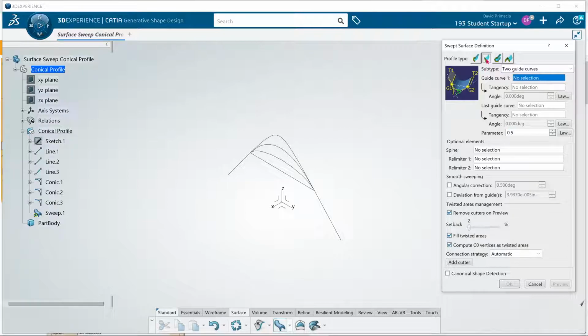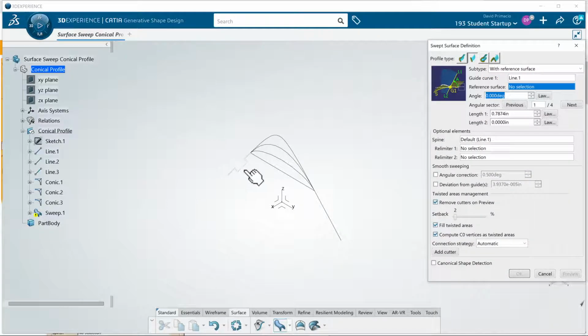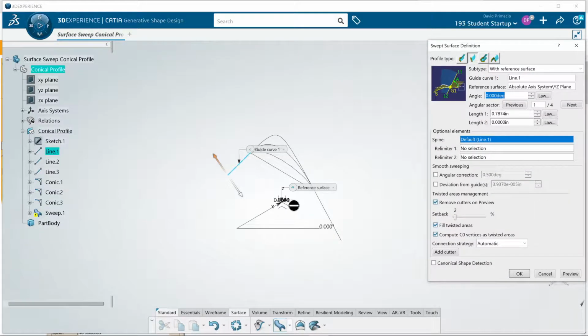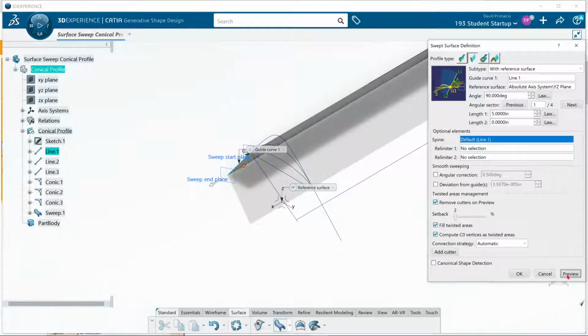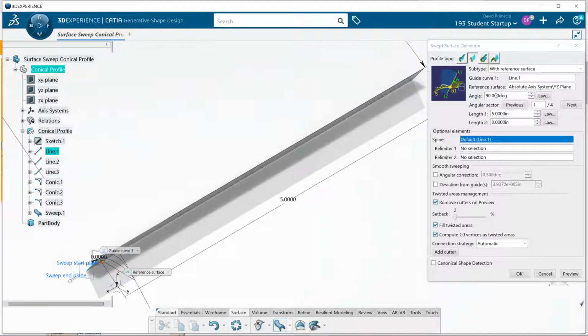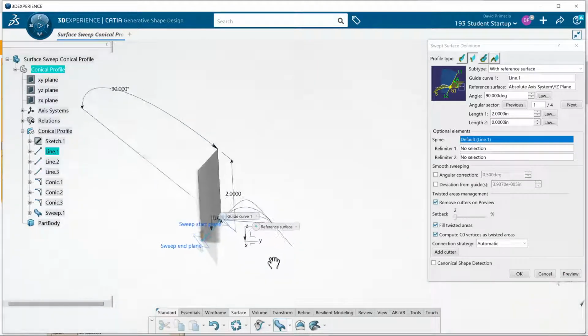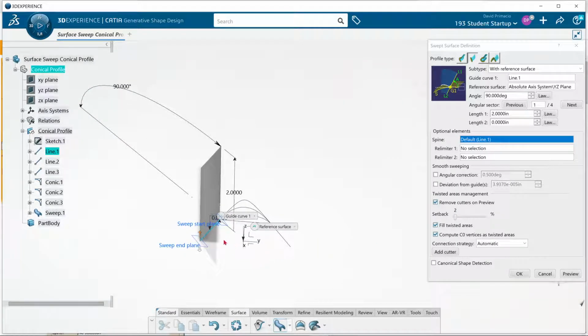And I'm going to use line with reference surface. Select this line in my YZ plane. An angle of 90 degrees. Let's just go 5 inches long. Preview that. Ugh, that seems kind of long for the size I have. Let's just go 2 inches. All right, so there's a line